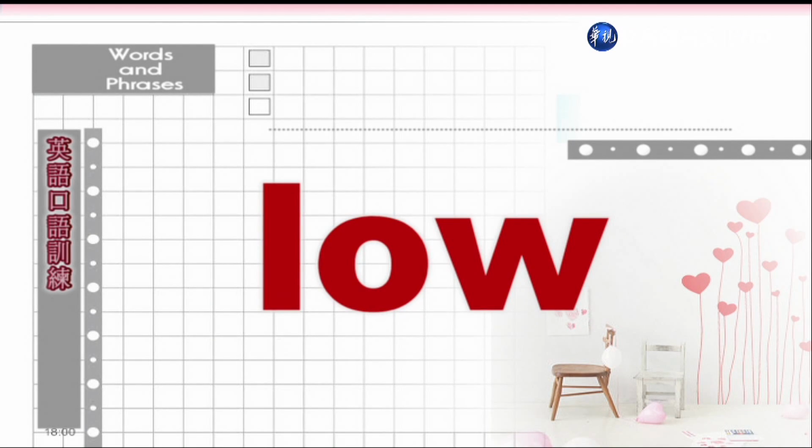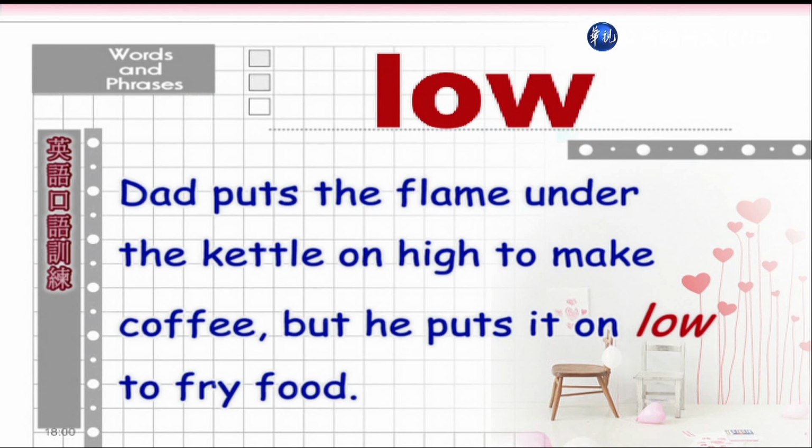Low, low. 小。Dad puts the flame under the kettle on high to make coffee, but he puts it on low to fry food. 爸爸煮水、煮咖啡的时候会开大火，但炒菜的时候会开小火。